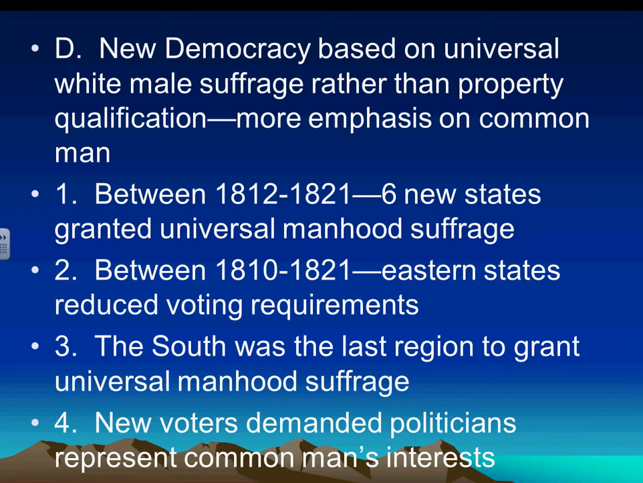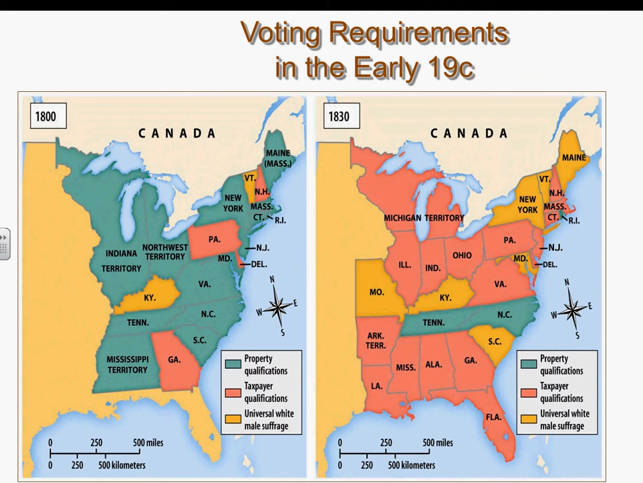The South was the last region to grant universal male suffrage, and we'll find that a lot of things that the South does puts them behind the West and the North. New voters demanded that politicians represent their interests, and as you can see here on this map,